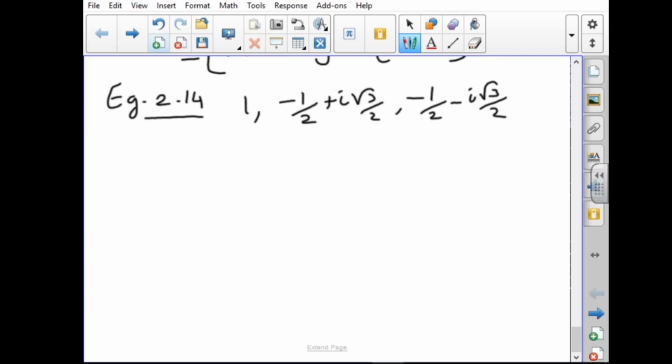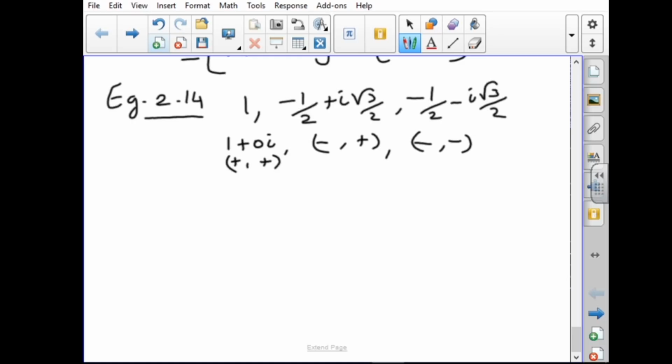What is an equilateral triangle? When the sides of a triangle are equal, the triangle is said to be an equilateral triangle. So here we have to find the lengths of the sides. See here, this is 1, which means 1 plus 0i, and this is minus comma plus, this is minus comma minus, and this is plus comma plus.